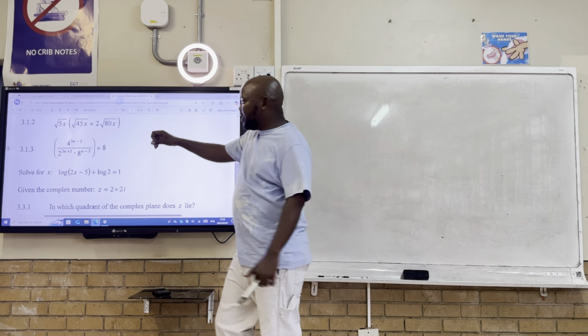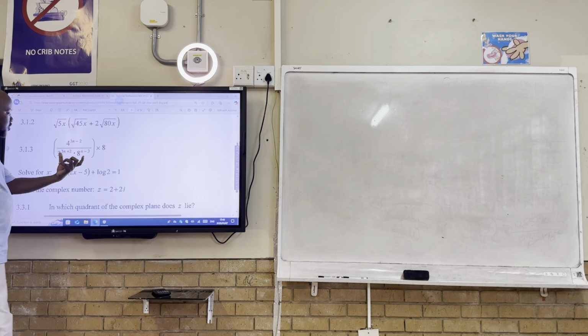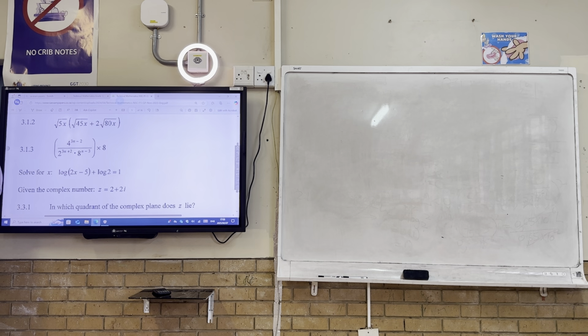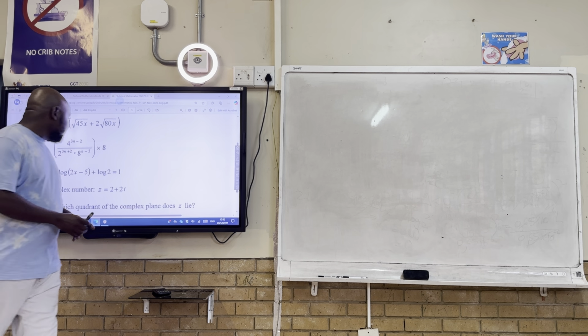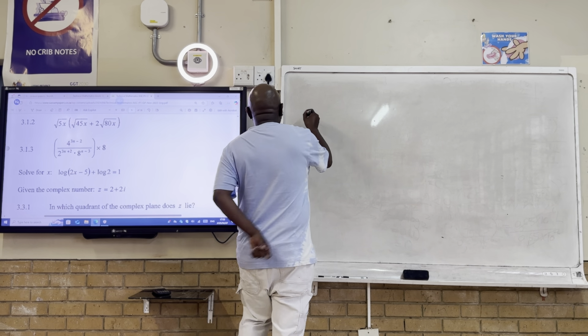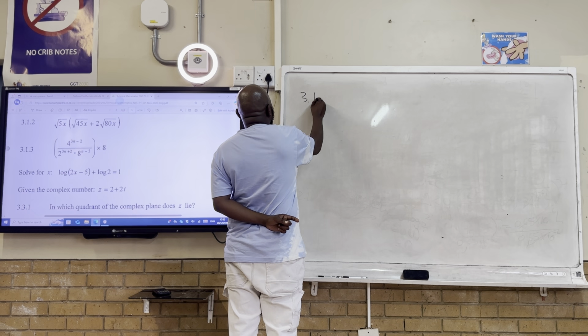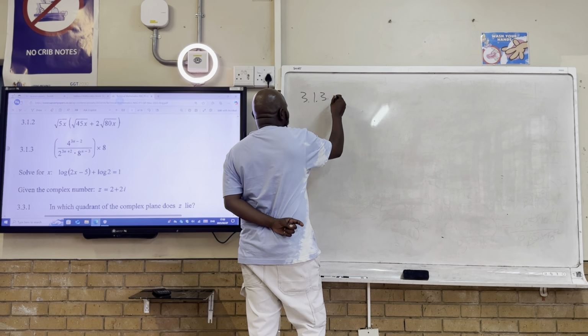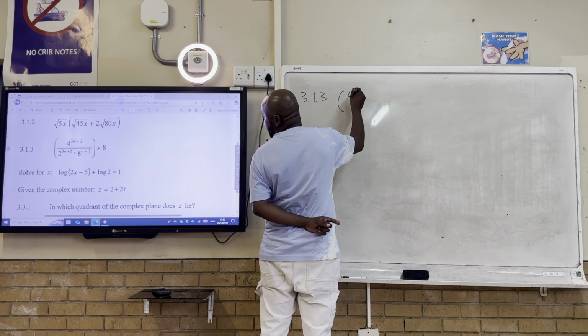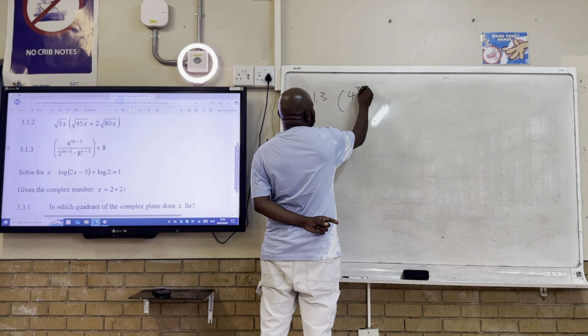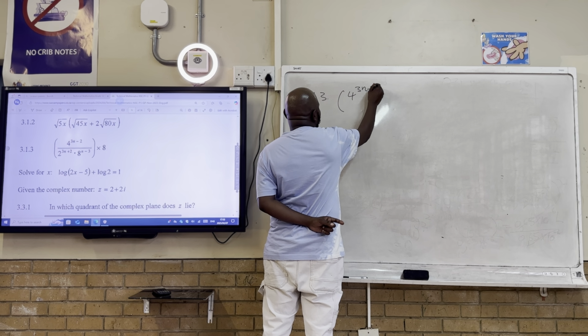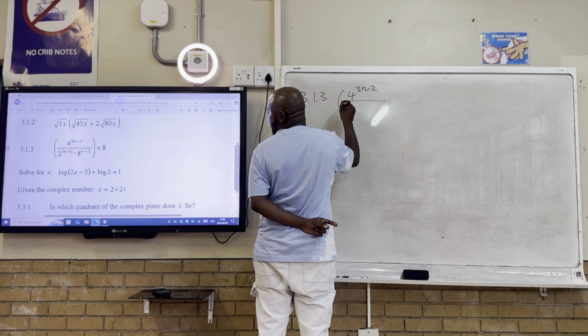Now, we're going straight to what? To the laws of exponents now. Here you see they've combined a lot. They've combined product rule and quotient rule there. We're given 3.1.3. We're given how much? We're given 4 raised to the exponent of how much? 3n minus how much? Minus 2